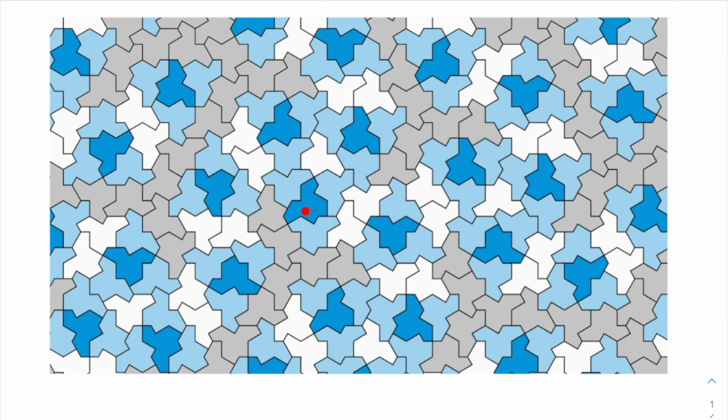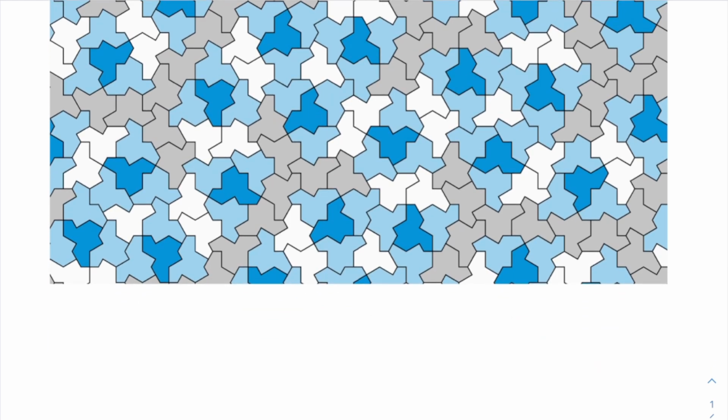This particular shape is called the aperiodic monotile. That is, it's one shape that can tile the plane aperiodically. Very interesting. Anyway,